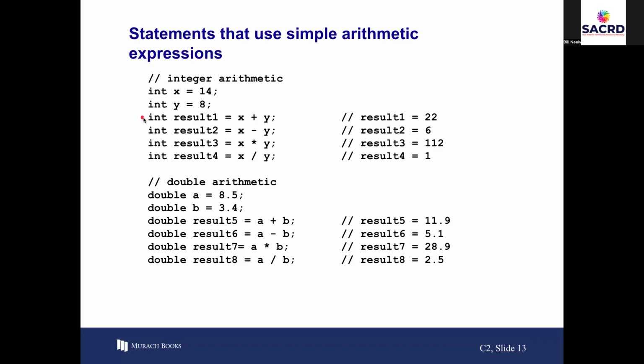We can then define a new variable, result 1. It's going to equal x plus y. This now means that result will be equal to 22. X minus y, result is equal to 6, multiplication, divide, etc. Notice in this, when we do the divide, we say 14 divided by 8. Notice that will yield a